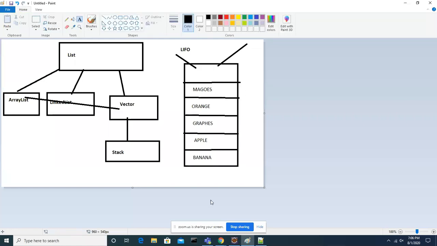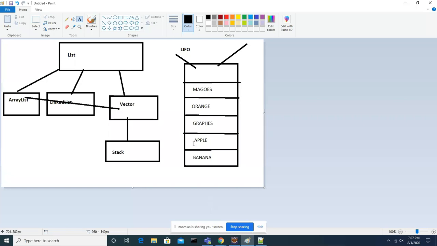We arranged all the elements in this stack. Stack means it's a one-side open, and whatever elements you keep, the first one will come last and the last one will come first. So in this architecture, if you want to arrange the elements in such a way, last in, first out, then you can add a group of elements by using which object, guys?